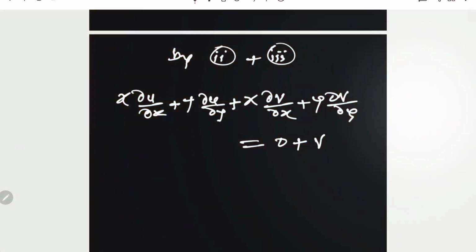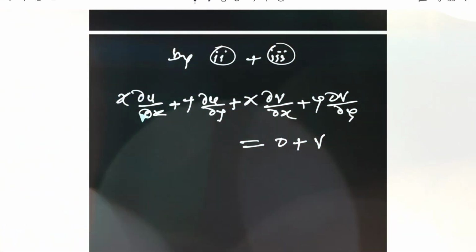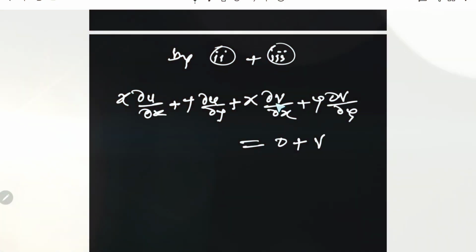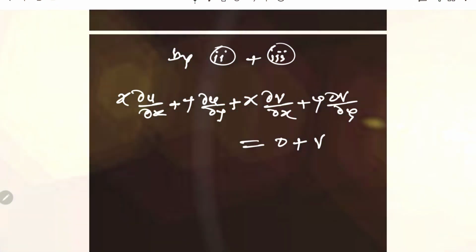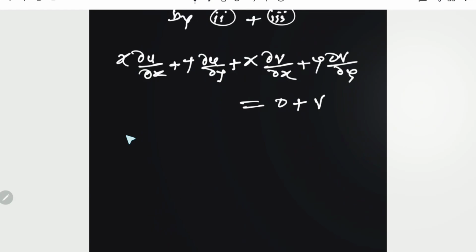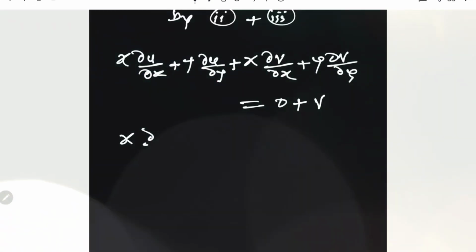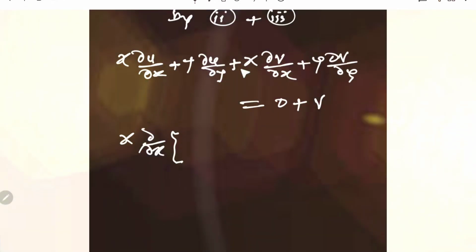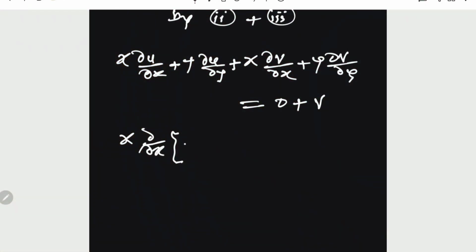And therefore, there are two terms of x dou by dou x. Here it is operated on u, and here it is operated on v. Therefore, I can take x dou by dou x common. Remaining terms are, here it is u and here it is v. Therefore, it is u plus v